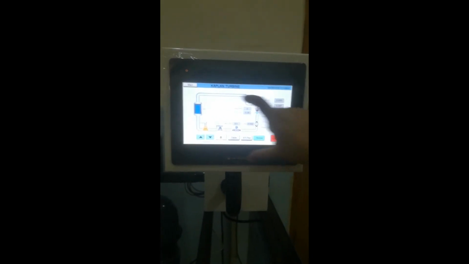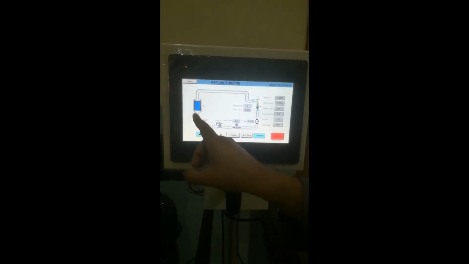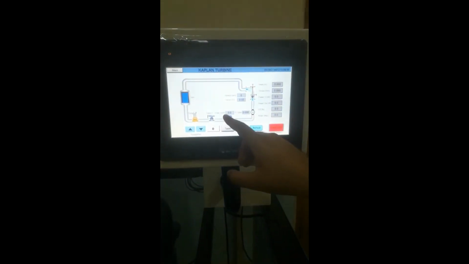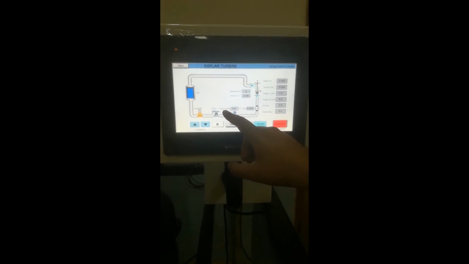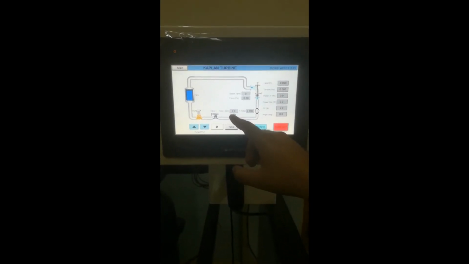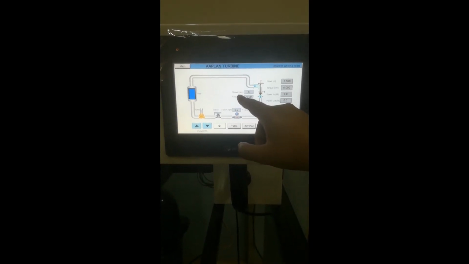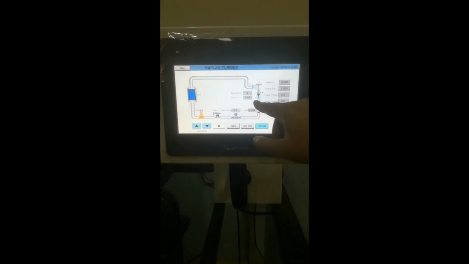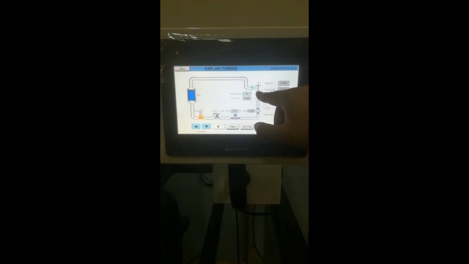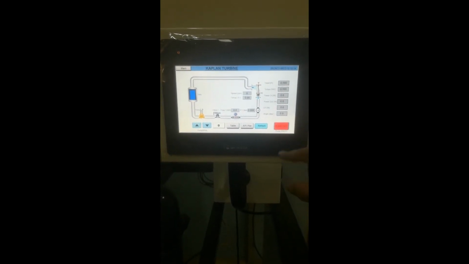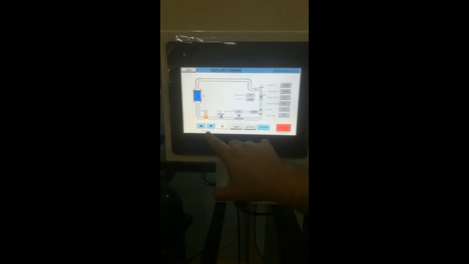So this is the schematic of the Kaplan turbine. From the tank, the pump sends water to the turbine through valve 1 because valve 1 is open. Similarly to the Pelton turbine, we will note the flow rate in liters per minute from here and the pressure from here, and it will tell us about the force and speed. The flow enters axially and leaves the turbine in the axial direction. First of all we have to adjust the pump RPM to 0.